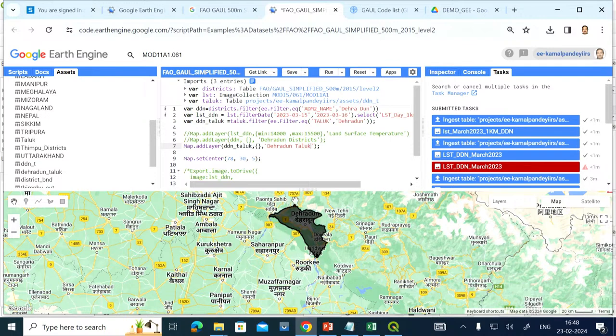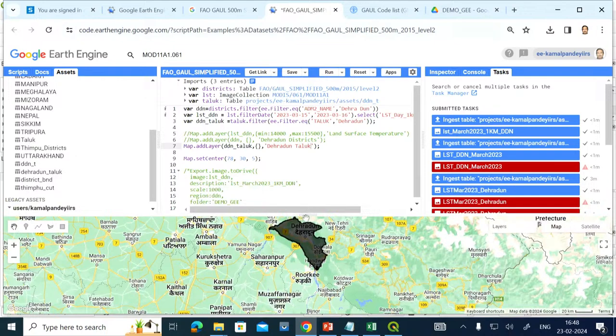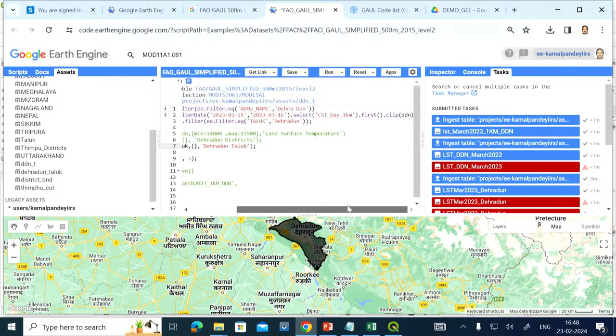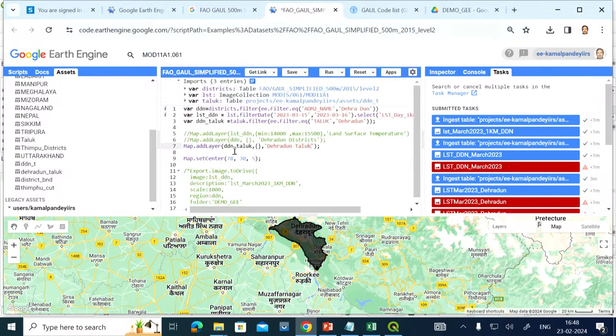Now let us try to clip it from here. It again becomes very simple to clip. What you have to do is simply change this DDN to DDN Taluk. Simple, we can do it like this. Now let us try that also.